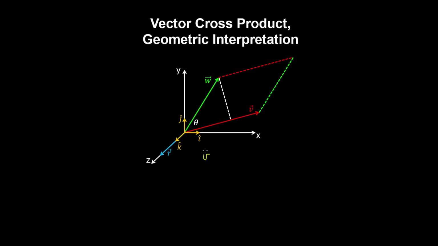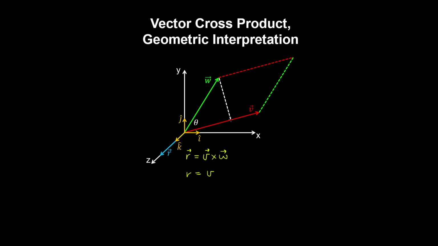The vector cross product between two vectors is another way of multiplying vectors which returns another vector, whereas the dot product returns a scalar. Now the magnitude of this vector is equal to the magnitude of v